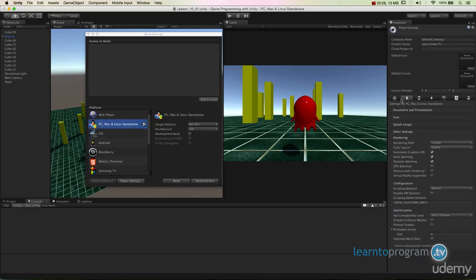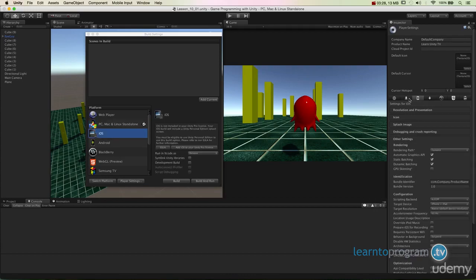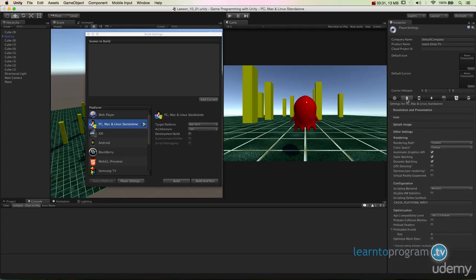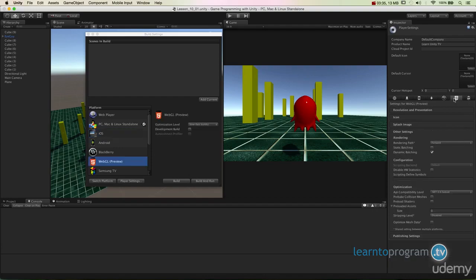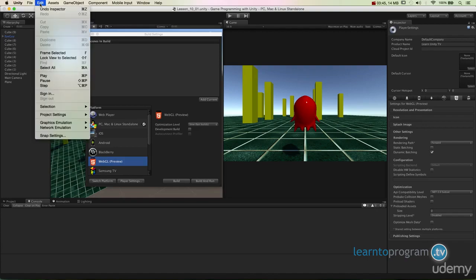Now, these are really the only three player settings I'm going to go over here. It's just the web, our standalone, and the iOS. Now, the WebGL stuff has very similar things. It's fairly new. Haven't done a lot of stuff with WebGL, but the potential there is really awesome that you don't have to have a plug-in to read it. All right, so let's check over here